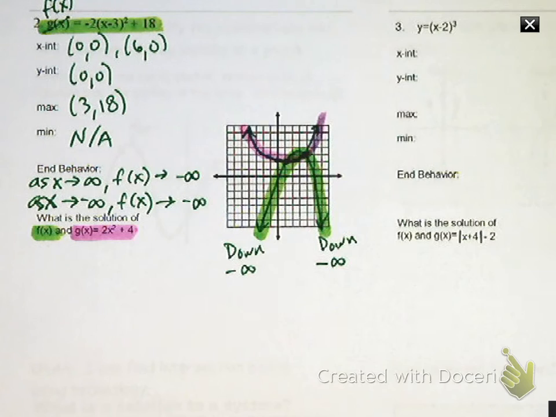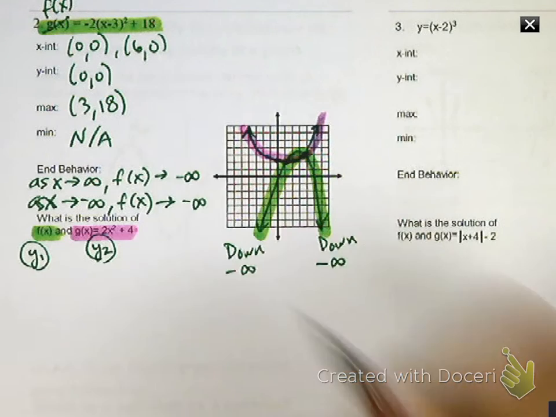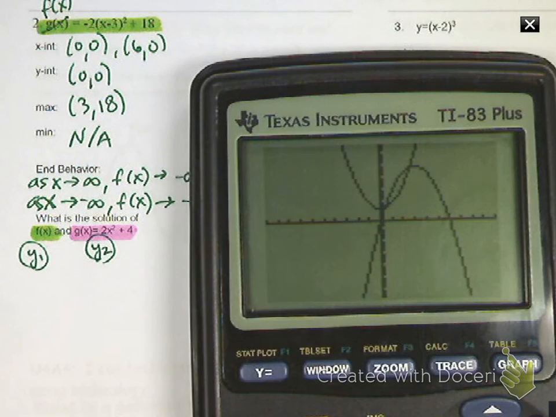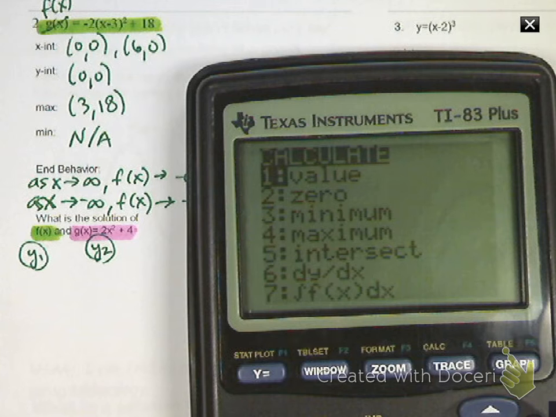So there's 2 intersection points, and I need to find them both. Once again, this is y1, this is y2 in my calculator. So I'm going to find the intersection of y1 and y2. I've got to do these steps twice. I press second calc, number 5 intersect,